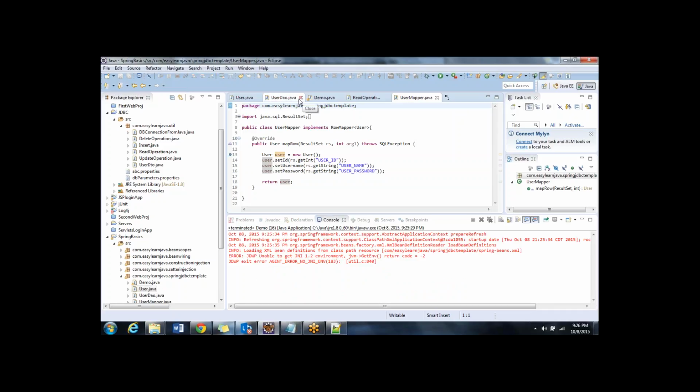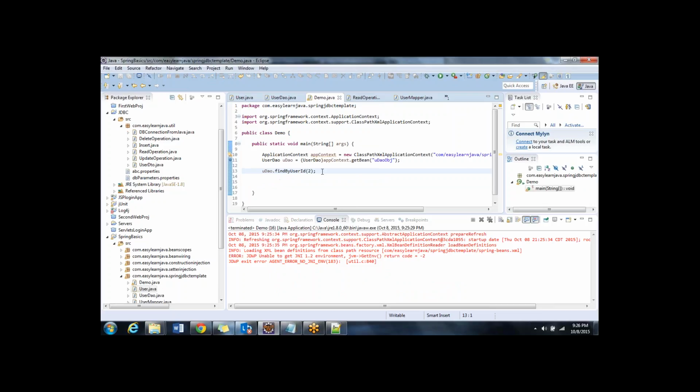Okay, so maybe one more thing that I can say here is, since I'm getting a user object as output, I can do this: User usr equal to,